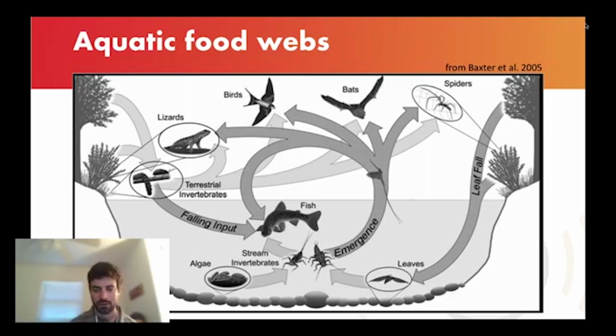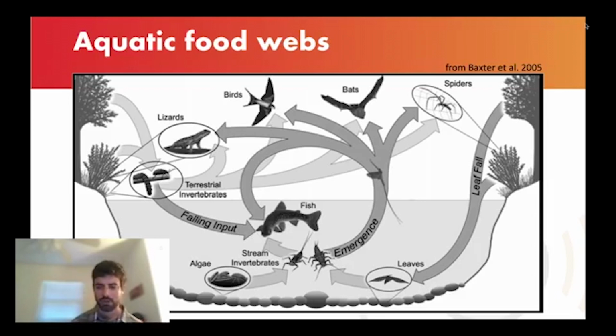And a lot of these insects will be eaten by higher trophic levels, things such as fishes. But if we follow this diagram up, we have this emergence arrow, and we have these aquatic invertebrates, the insects anyways, will grow wings and they'll have a terrestrial adult stage. And so they live their larval stage underwater, but they'll have a winged terrestrial adult stage, and they will come to the surface of the water.